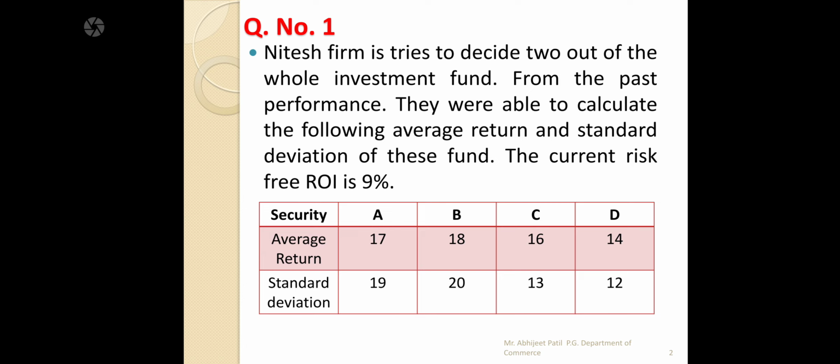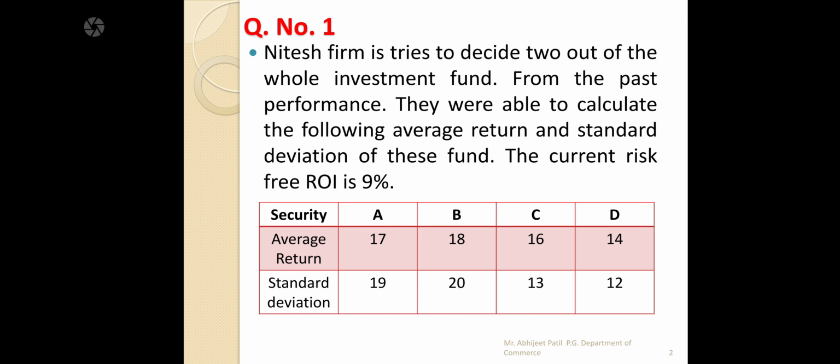See that in the problem, the risk-free rate of return is given, that is RF. Then the average return, that is the portfolio return RP, is given, and then the standard deviations. So when the problem gives you the risk-free rate of return, portfolio return and standard deviations, we have 3 methods to calculate portfolio evaluation: Sharpe, Treynor's and Jensen's. Treynor's we cannot calculate because beta is not given, and Jensen's is also not calculated because beta is not there. So the method left is Sharpe. You can apply the Sharpe method here and find out your portfolio evaluations.